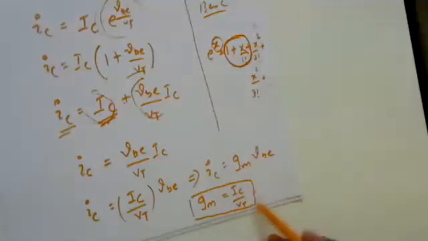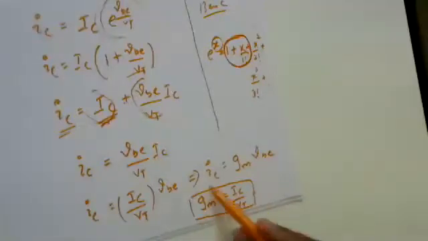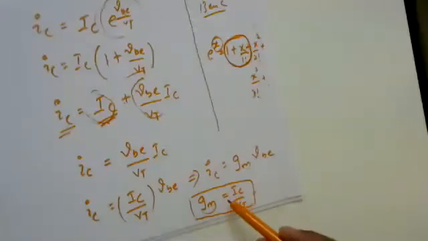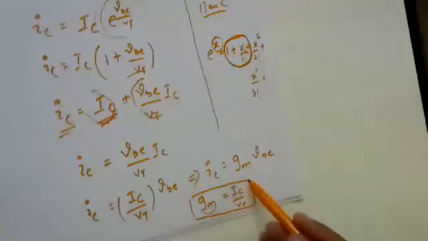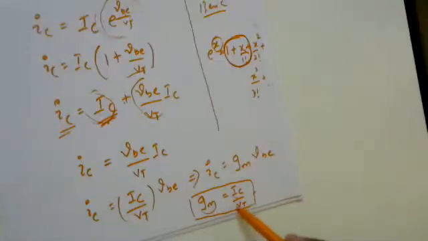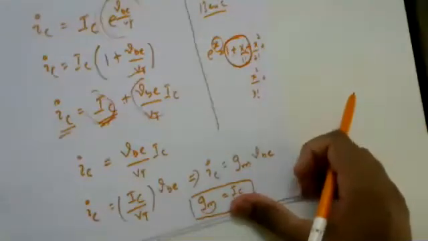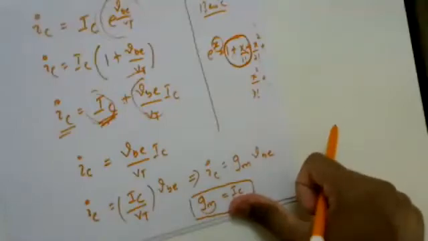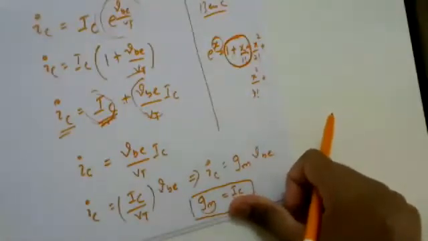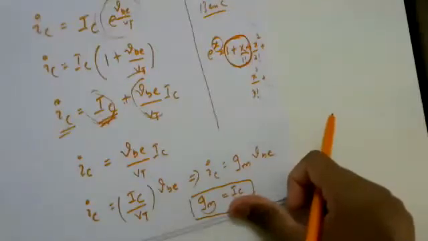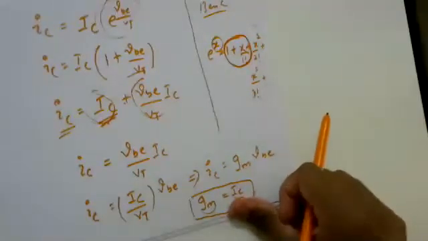So what does this term gm want to express? It expresses that the transconductance of a BJT is directly proportional to the biasing collector current IC, and inversely proportional to the thermal voltage, which is a constant parameter. So it will not play much role if maintained constant. Then it means my gm is directly proportional to the DC biasing collector current. Is it clear to you?